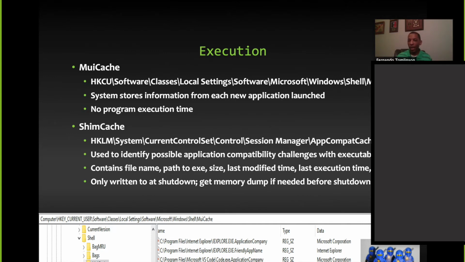We have shim cache, and shim cache is really made from a compatibility perspective, right? So if you've ever been messing with a binary and maybe it crashes on your Windows 10 machine, but it used to work in Vista or XP, and there's a compatibility feature that you can manually force it to run under. Well, shim cache, when it's invoked, either compatibility fixes on its own, it gets logged there.